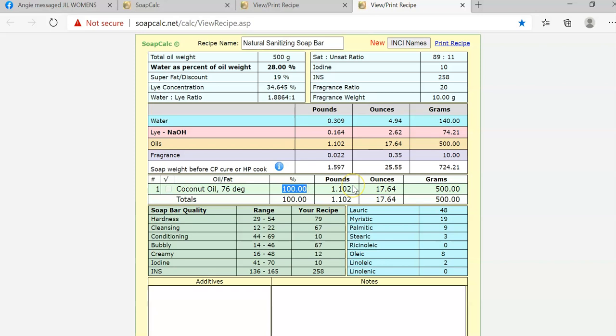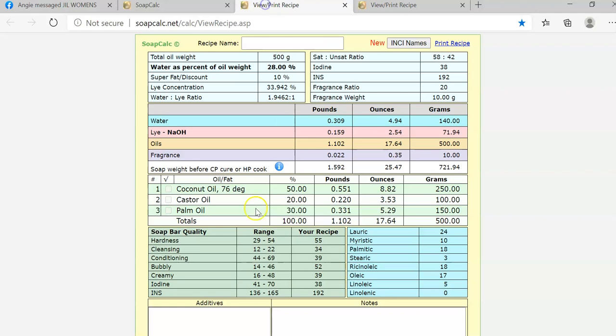So remember, in a ready formulary, you cannot replace your oils once you're starting the soap making unless you go back to soapcalc.net to recalculate for your lye. Why? Every time you replace an oil in the formula, there will be changes in the amount of lye that you will need in order for you to create a soap out of those oils because they are dependent on each other. All right,